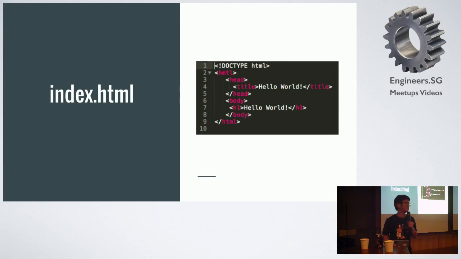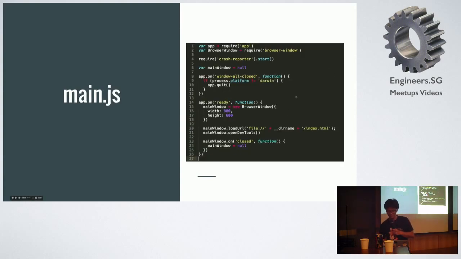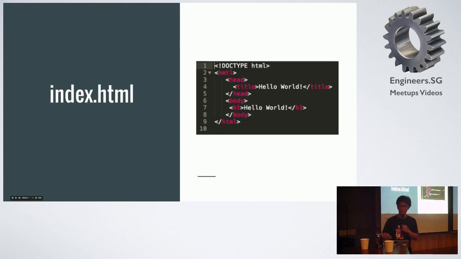The next thing is index.html. You're basically saying, open the browser window and load up index.html. Over here there's a file directory name, index.html. Well, I got a typo there, but it still works. Okay, so this is HTML. So I wrote a simple hello world app,